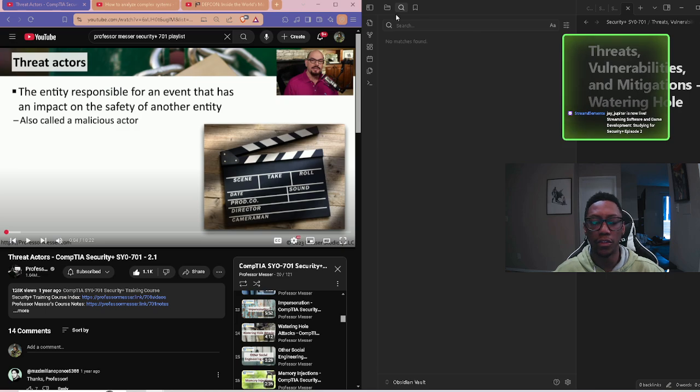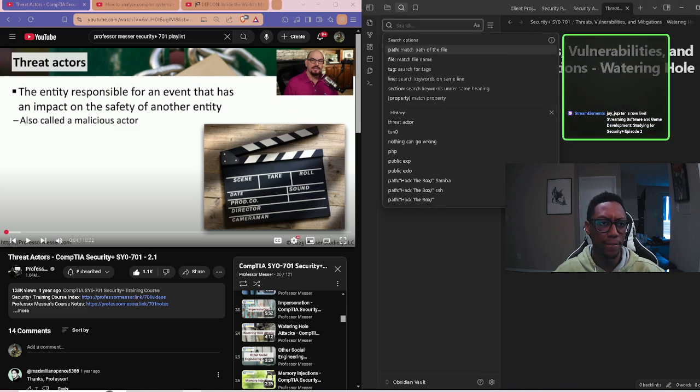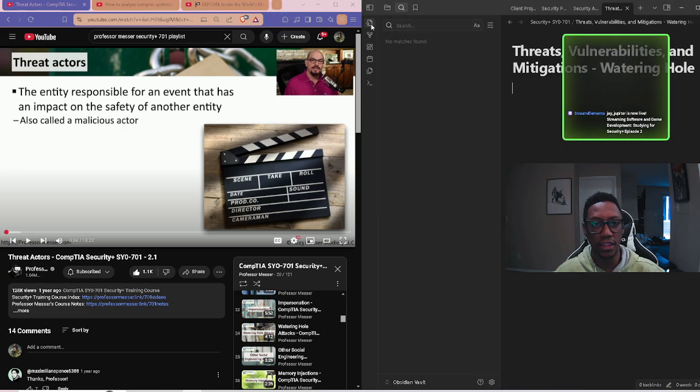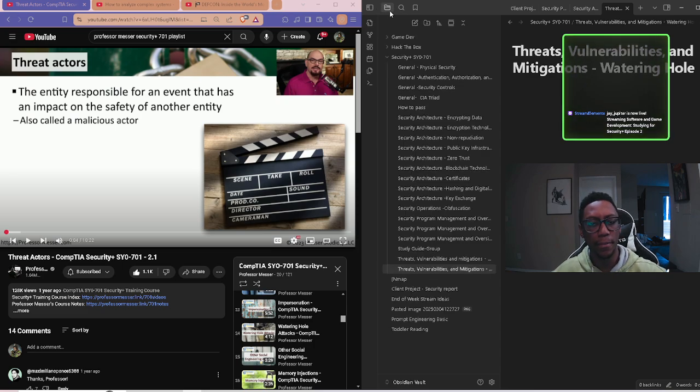So yeah, we're gonna hop right into it. The last thing I was doing was pertaining to certificates and how certificates work, certificate authorities work, and all that, and stapling and things like that. So now we're gonna go into threat actors, which I thought I had a section on. Let me see.